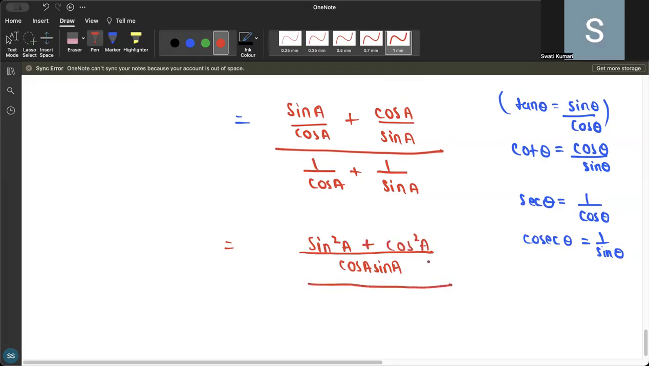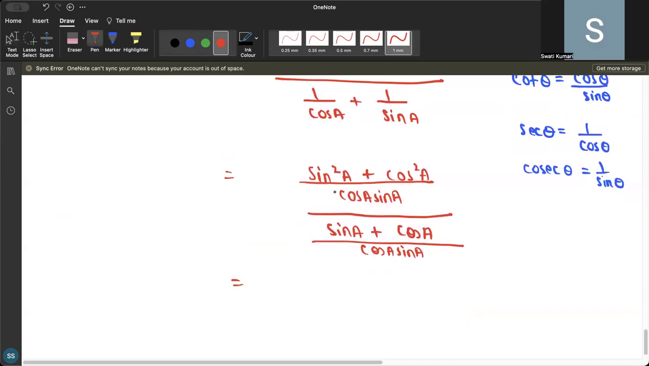In the bottom, I'm again going to take the LCM. So that will become cos A sin A. I hope there is no confusion in this part because I'm just solving the top part and bottom part. Take the LCM, so this will become sin A plus cos A. Right, so we have got here this. Now can we not write down this as sin square A plus cos square A? That is 1 because of the trigonometric identity. So 1 upon cos A sin A and then divided by this term. So divided by sin A plus cos A